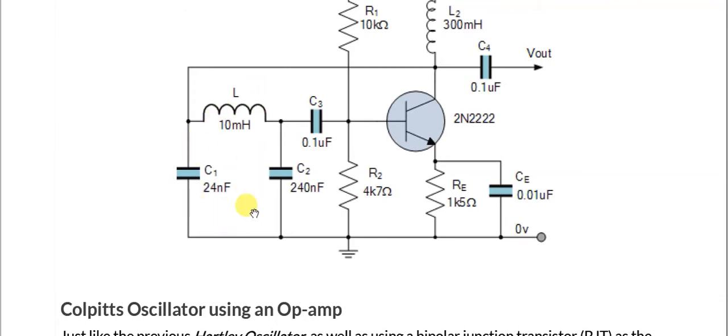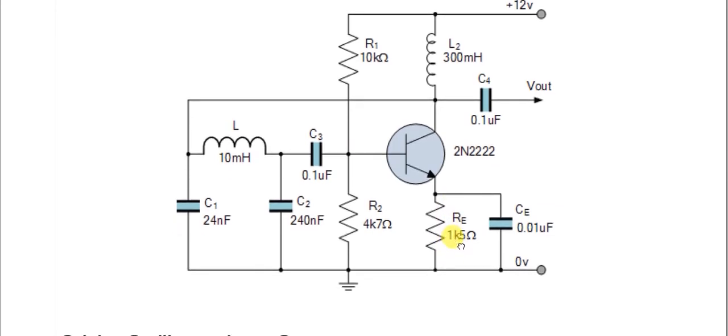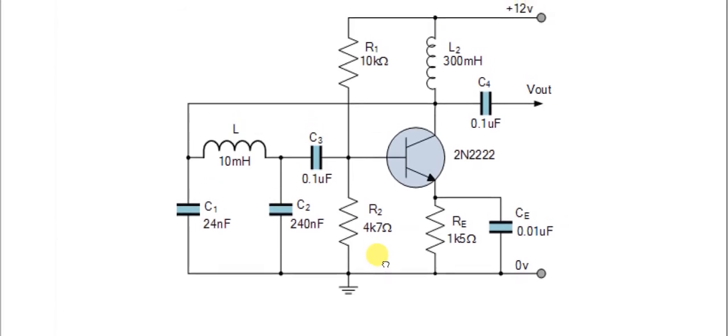We have C1 and C2 as two capacitors, and the feedback is being given from C2 to the input of the base. The L2 is the collector inductor, which controls the collector current and allows the collector voltage, the VCC biasing voltage, to feed the whole amplifier. This is a self bias common emitter amplifier. RE is the emitter resistance, which controls the stability of the Q point, and this is a potential divider circuit. So that is another typical circuit for the Colpitts oscillator.